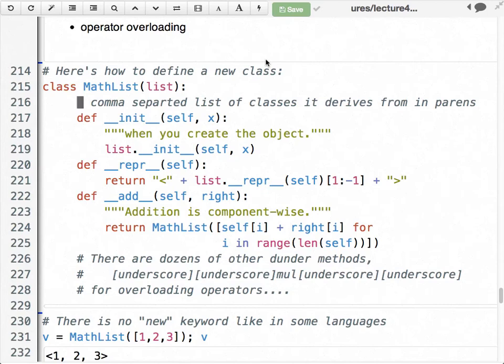There's a large number of functions in Python that look like this, like double underscore sub, double underscore mul, double underscore rmul, double underscore neg, etc. This is how you do operator overloading. What you do is you redefine these functions in some derived class, or in your class,